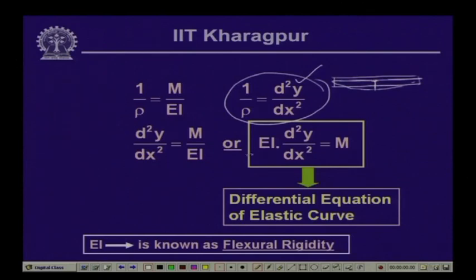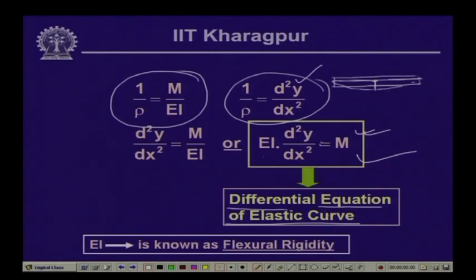Subsequently, as we saw, the curvature was related to the bending moment M at any cross section, which is a function of x. Hence, the curvature can be related to the bending moment through the expression E I d2y dx2 equals M, and this differential equation is called the differential equation of the elastic curve. So, when we mean the differential equation of beam bending, this is the expression we use, E I d2y dx2 equals M, and from this basic equation we go to the other derived relations,